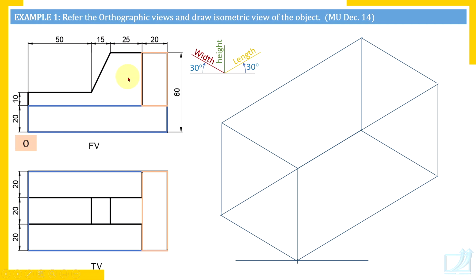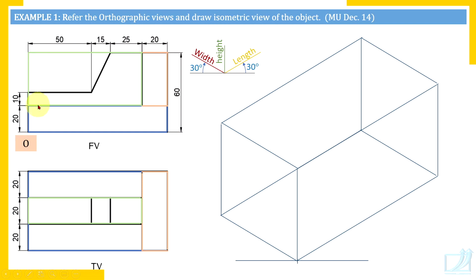Okay. So there are clearly three plates. This is that plate. So this plate, initially don't worry about the shape. Just check the overall size of this plate. So length 110 minus 20, that means 90. Height is 40 and width is 20. Width you get in the top view. So clearly I have identified three plates. So we are going to draw three rectangular boxes inside this overall box.